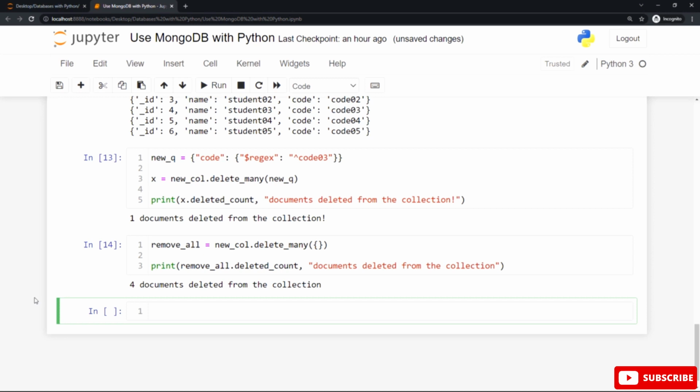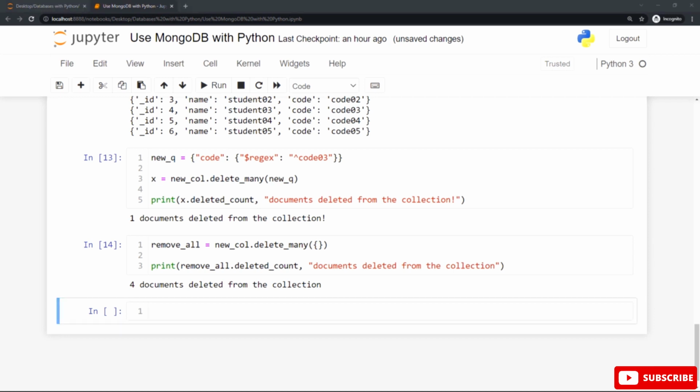Once you hit shift enter or shift return, you will get this output: the deleted count followed by the string documents deleted from the collection. All the documents are deleted from our collection called new students.